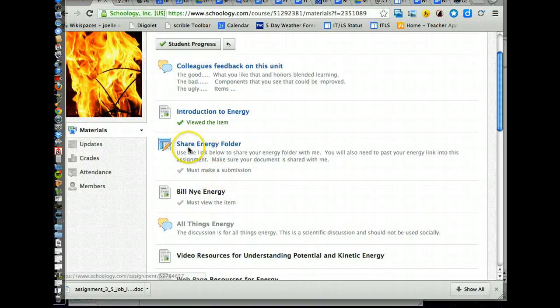And if you notice, this is gray. So if I click on Bill Nye, Energy, must view the item, I'm trying to click on it. Notice this link is not letting me get there. Why? Because in the Share Energy folder, I have not made a submission yet. So if I click on the Share Energy folder,